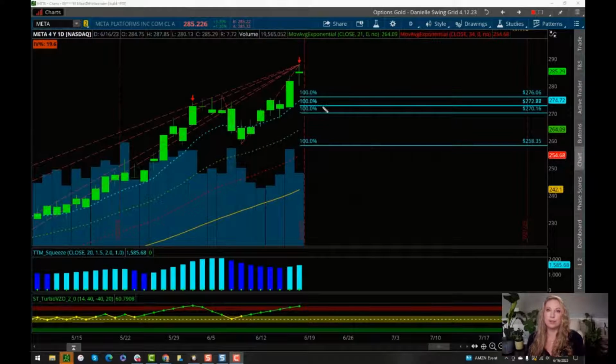Do we have a key psychological value? Do we have a moving average? In this instance, we have an 8 EMA right here. This also overlaps with a key psychological value, which would be 275. When you have 272, 277, and then a 276, I call it 275, especially in the options market, you're always